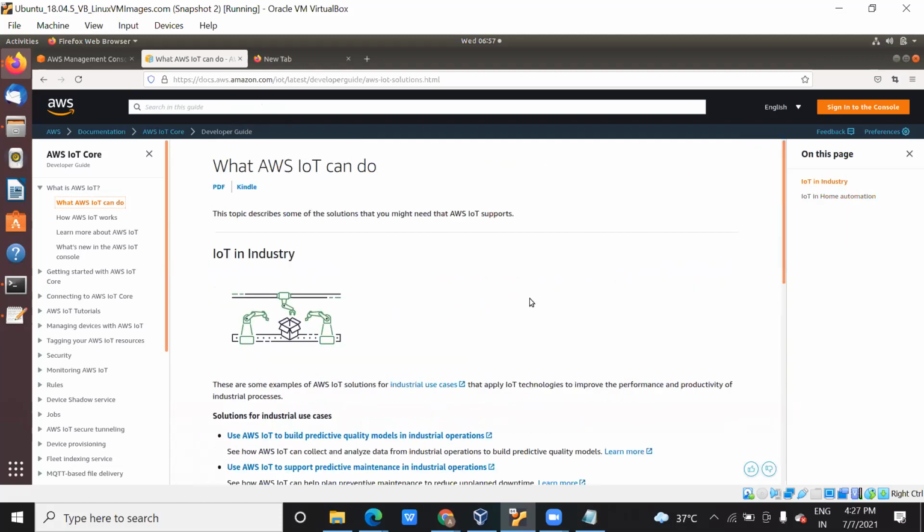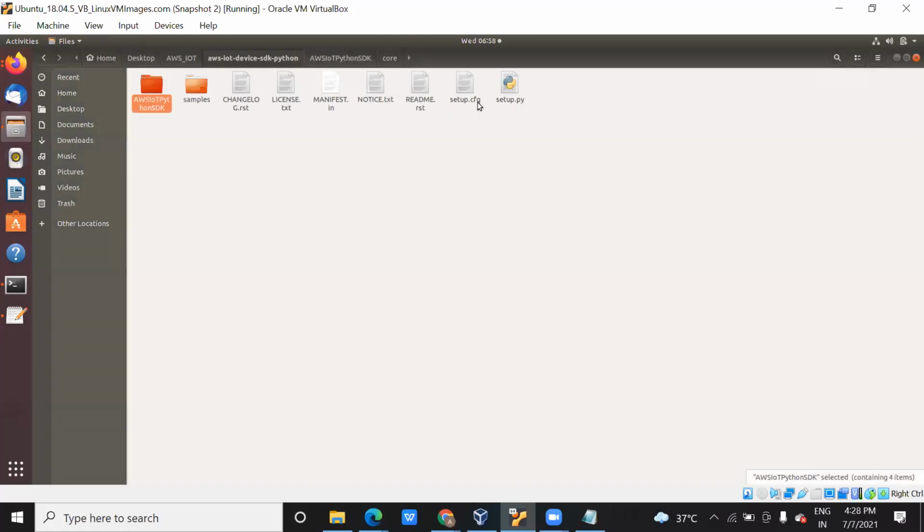The basic idea behind this is that IoT Core is introduced so that a person who is working in an IoT department or on an IoT project can write a script file like the one I have shown you. With the help of this script file, they can save the data generated by the IoT devices on the cloud, like an AWS cloud.